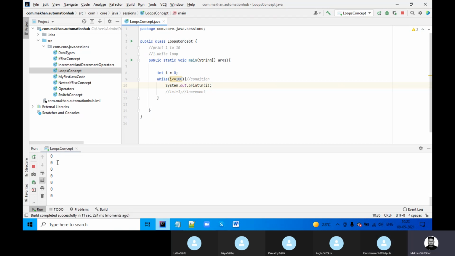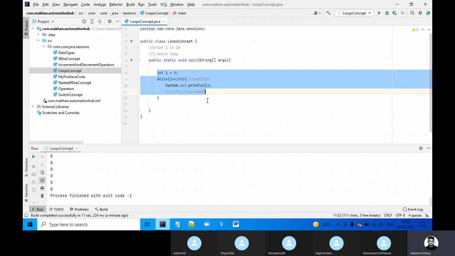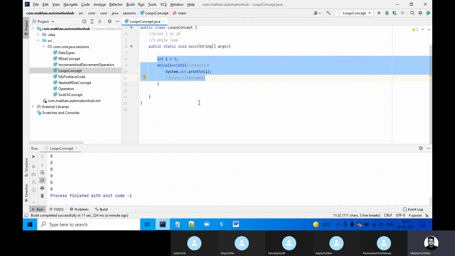You can't stop it, you have to terminate the program, otherwise it will keep on checking the current value of 0.